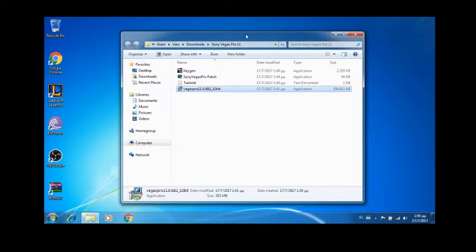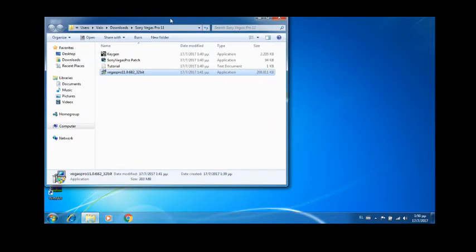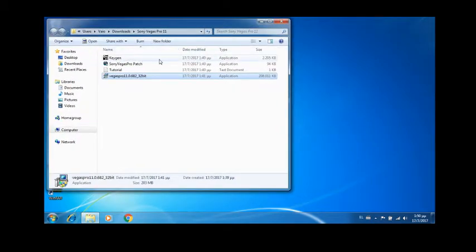So what you want to do after it's downloaded is run it, and you can close BitTorrent. Now in this folder you will see a keygen.exe, the Sony Vegas Pro patch, a tutorial which we won't need, and the Vegas Pro 11 32-bit. So you want to run this Vegas Pro 11 32-bit, which is the setup for the Sony Vegas Pro to install,